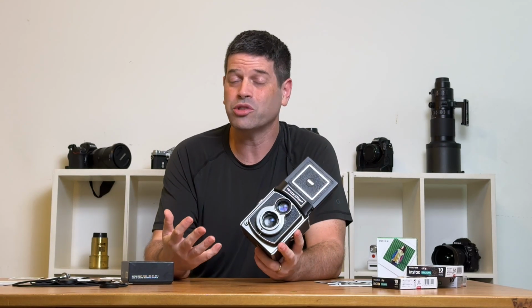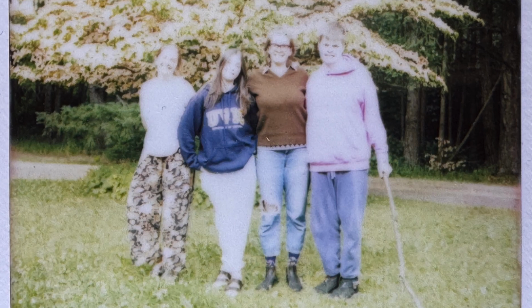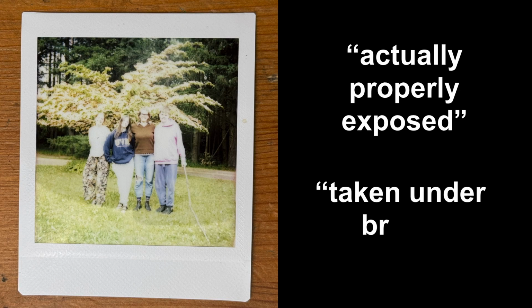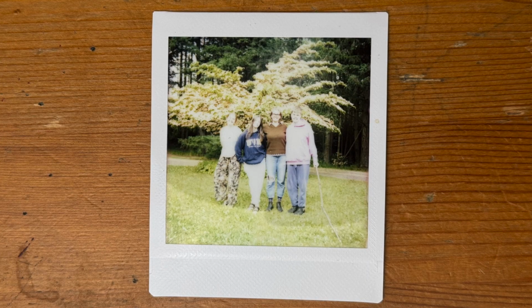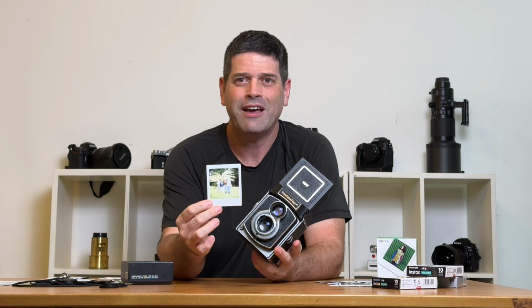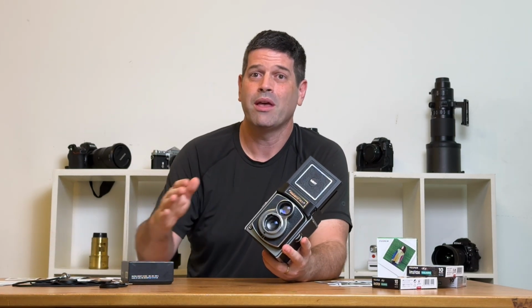I really appreciated their responses, but it was also really frustrating. For example, I shared this image where the faces of the subjects are overexposed. They said that the image was actually properly exposed and it was taken under bright sunlight. Actually, it's clear that the image is overexposed and it wasn't taken under bright sunlight. It was captured on an overcast day with even lighting. I felt like they were gaslighting me. I pointed out the fact that it wasn't a sunny day and asked for an explanation of the overexposure, but